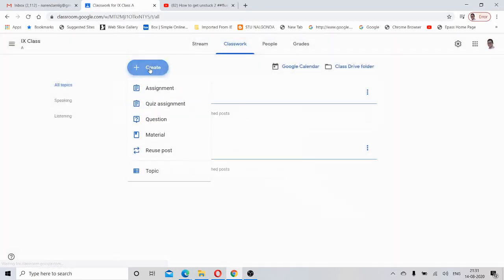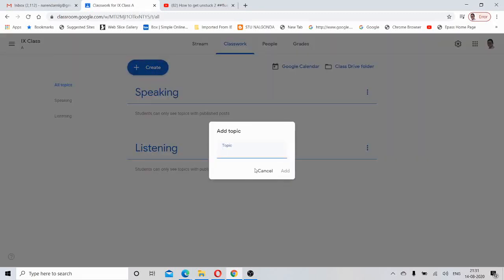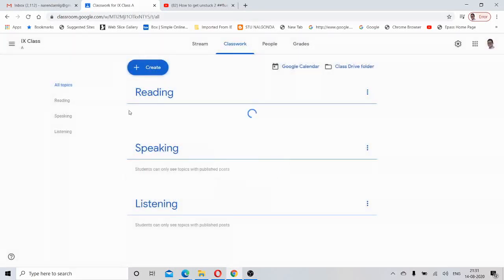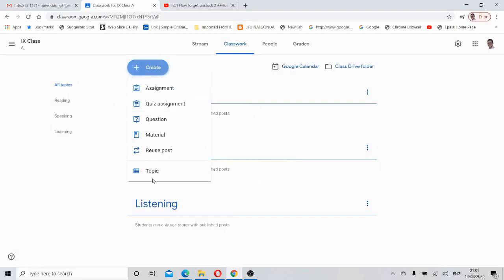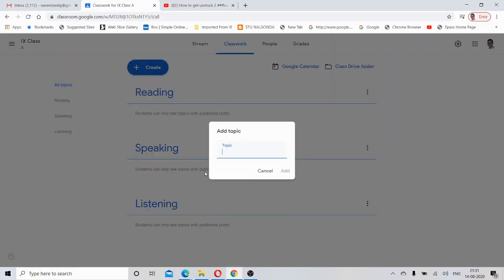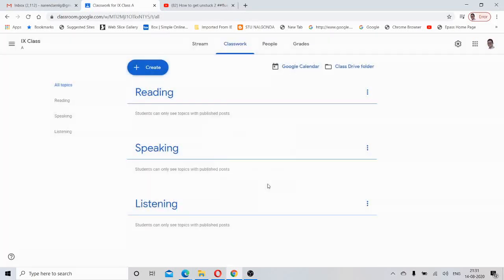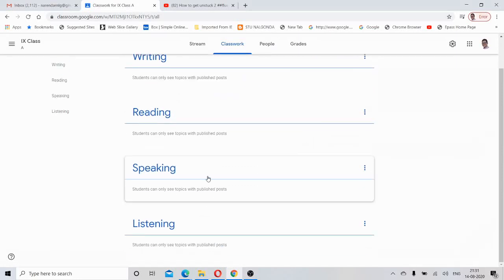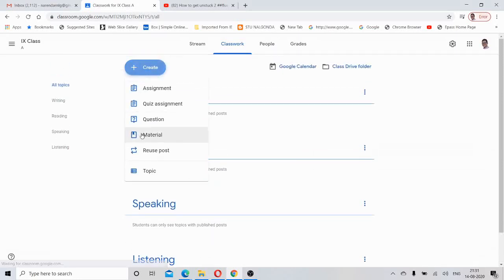After that, go to the create button and again go to topic and type reading. After that, once again, finally writing. Okay, so this is how we create the topics.